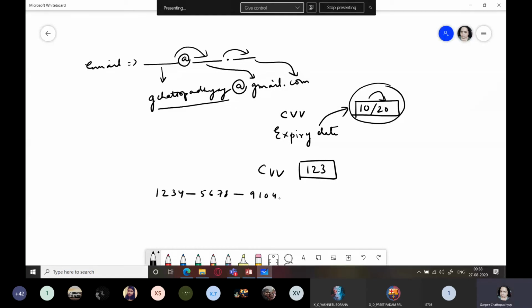Also serial keys for softwares. There also a dash is there. Understood? So you go on typing and it automatically goes on accepting the dashes.